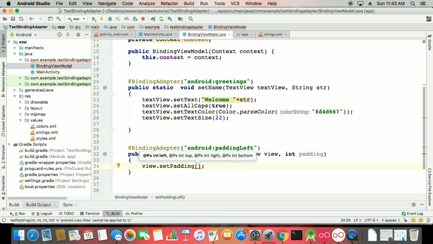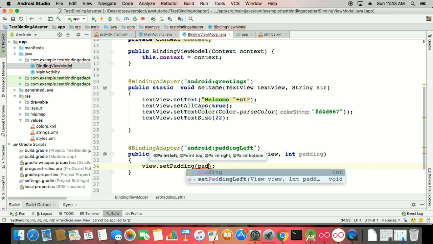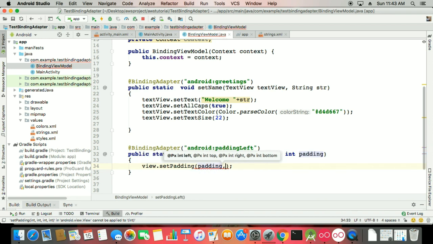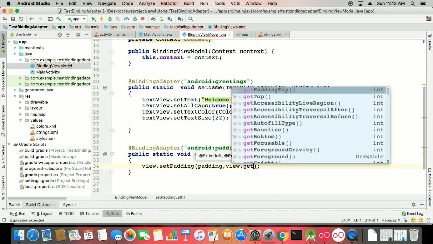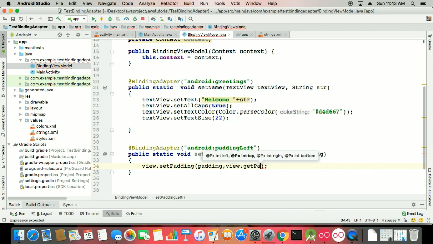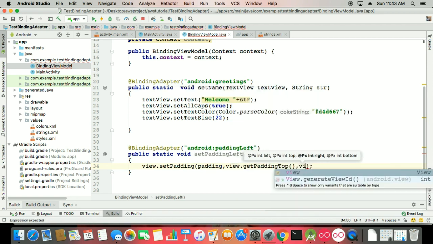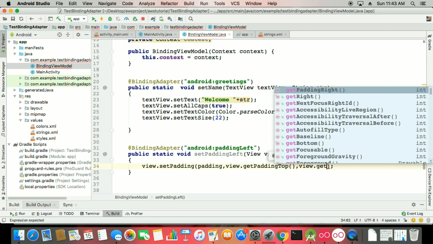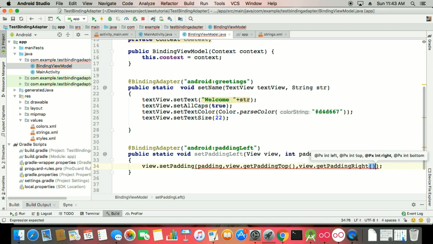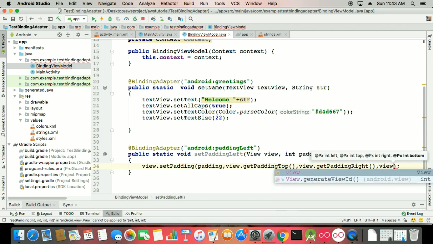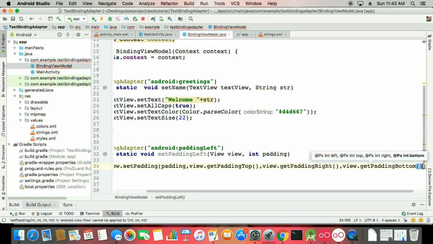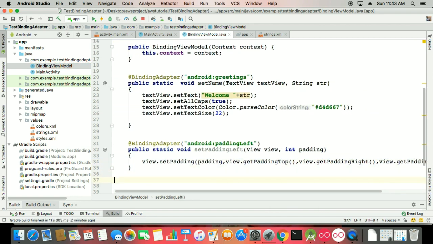because padding works on an integer value. So view.setPadding, and here you can set whatever padding you want to give to your view. This is your view.getPaddingTop, view.getPaddingRight, and view.getPaddingBottom. So this is our padding being ready, and if you want to work with this padding, you can call that padding